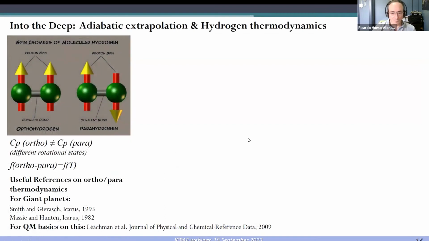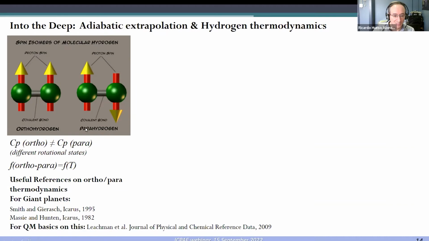Another interesting thing of Uranus and Neptune is that if you want to study what is happening below the upper clouds, the atmosphere is very cold. It's made mainly of hydrogen, and hydrogen has a particular thermodynamics. There are 2 states of hydrogen at low temperatures. If you have a molecule of hydrogen, the spin of the protons is important. You can have 2 states with parallel or anti-parallel spins of the protons, and then you are going to have